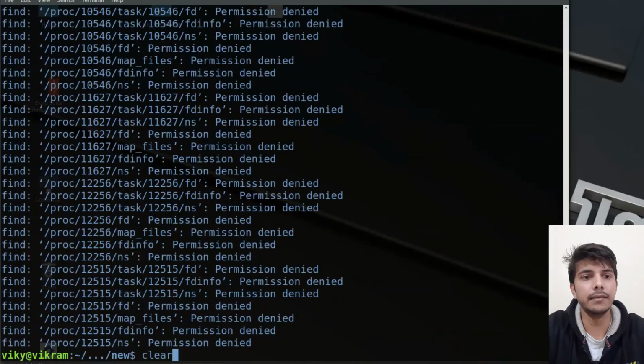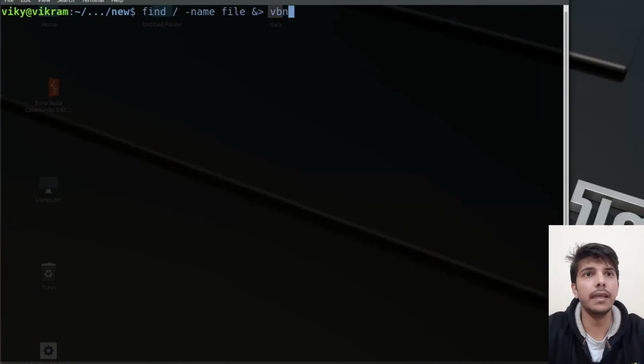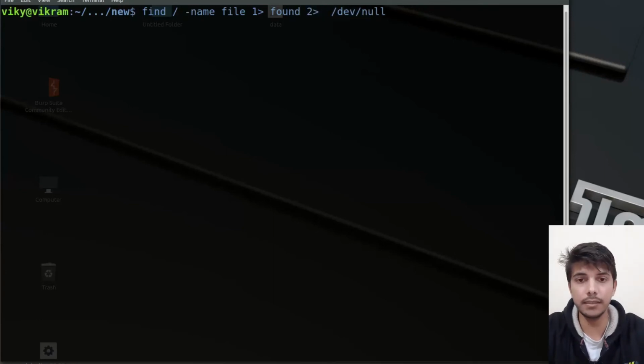Let's clear it. So far I have only been writing file names, but you can also specify some other location. For example, if we want to discard something, I can write /dev/null, which basically discards anything. The purpose could be, let's say I'm finding files, so I send the real output to found, and if I'm getting errors, I don't want that output to be sent anywhere, so I send it to /dev/null.